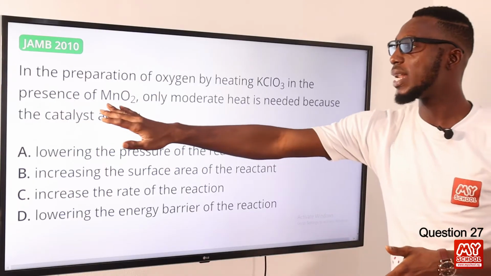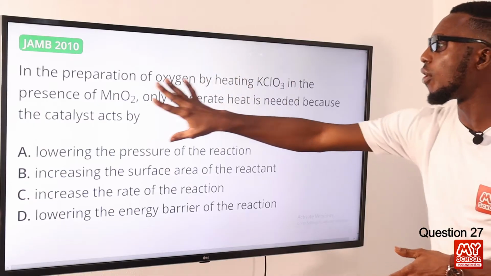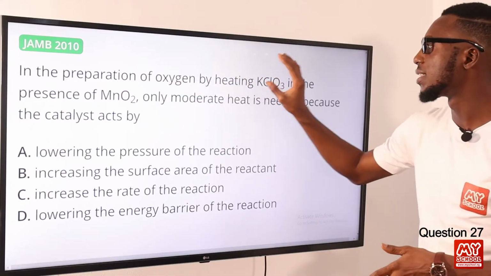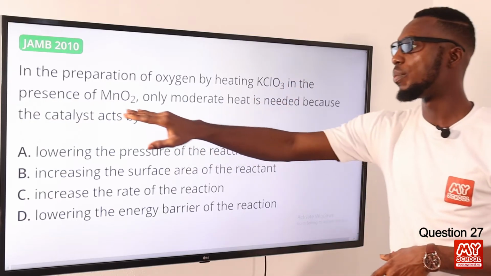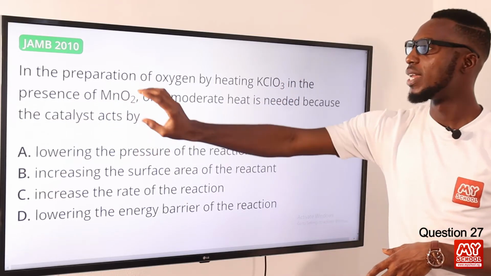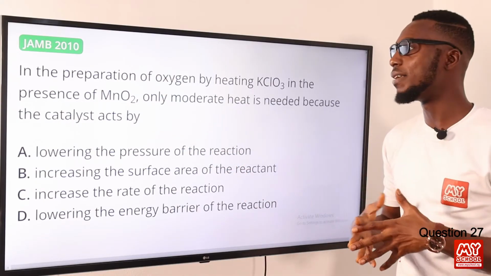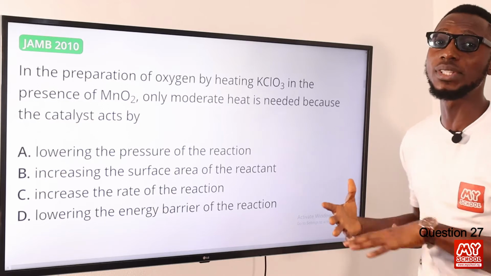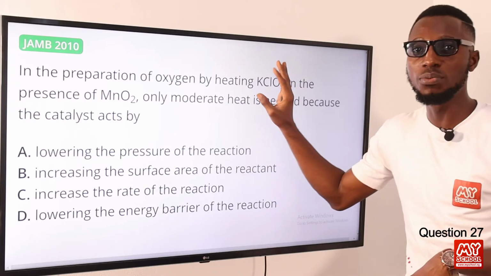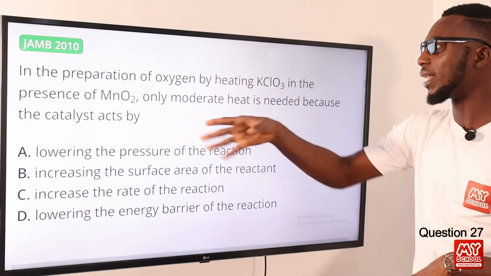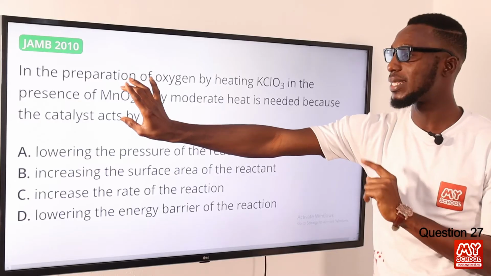Manganese(IV) oxide is a black powder, in combination with this, in a 4:1 ratio. If you are using 20 grams of this, you'll be talking about 5 grams of this. This catalyst actually lowers the temperature and makes the process faster, at a lower temperature. So you don't need to heat up to 400 degrees Celsius before you can get the release of oxygen. That is the work of the catalyst that we have here.